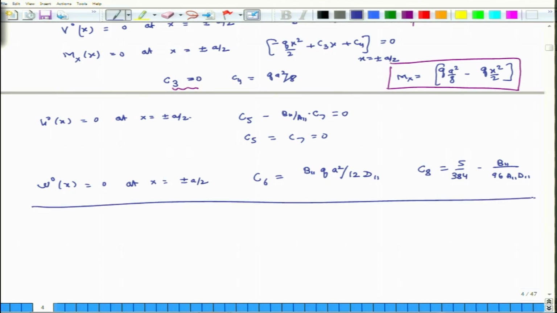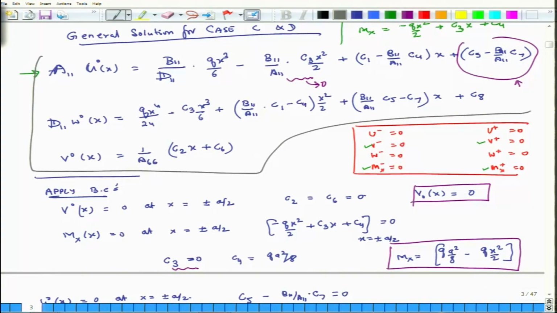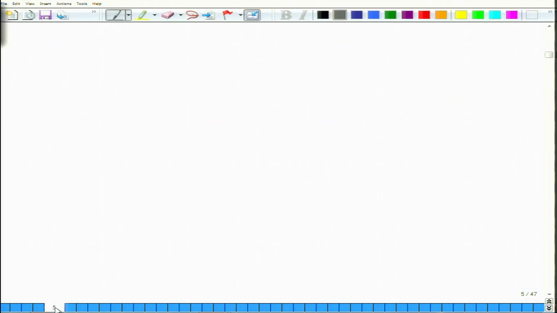So, with these, once we put these constants back into the equation, the general solution for case C and D, which is this is the general solution for case C and D. So, we put all these constants back into the thing. What we end up getting are the following relations: